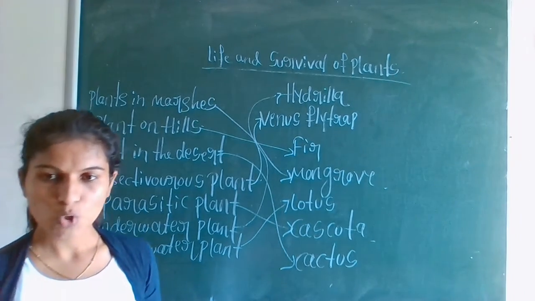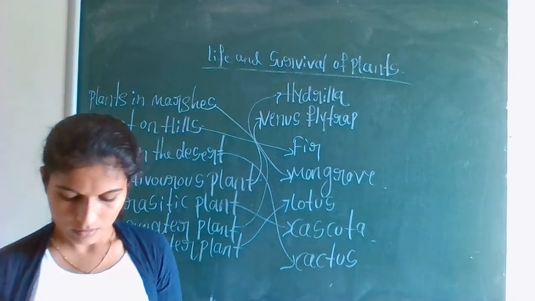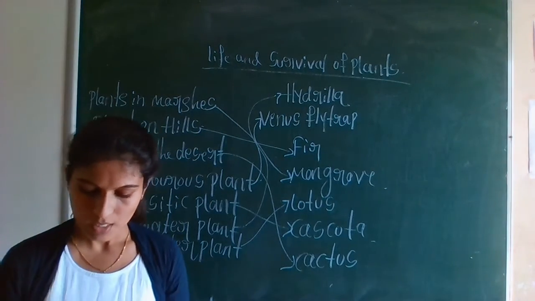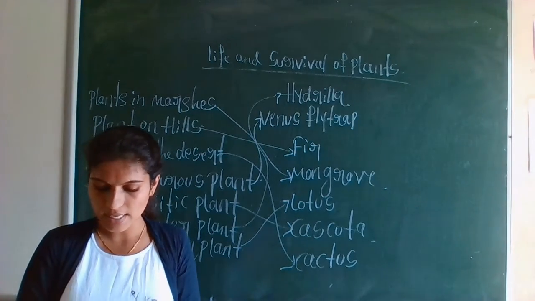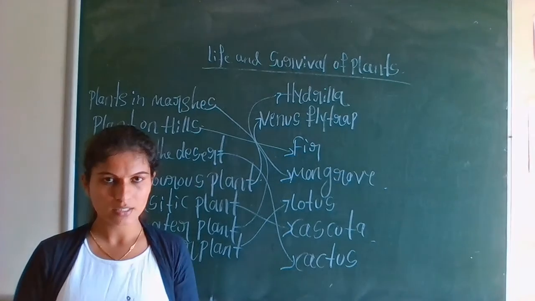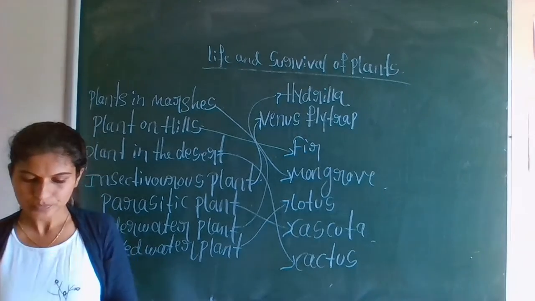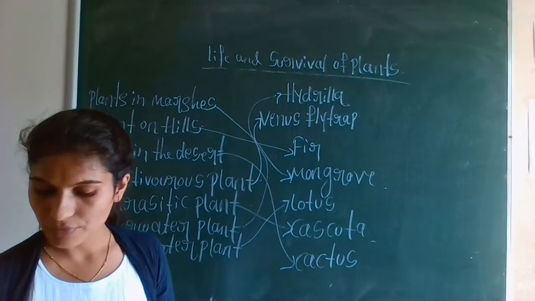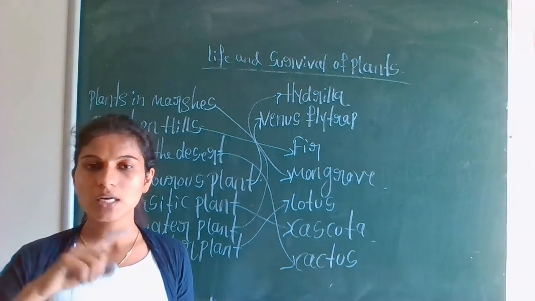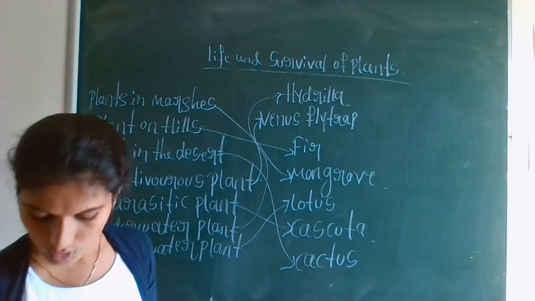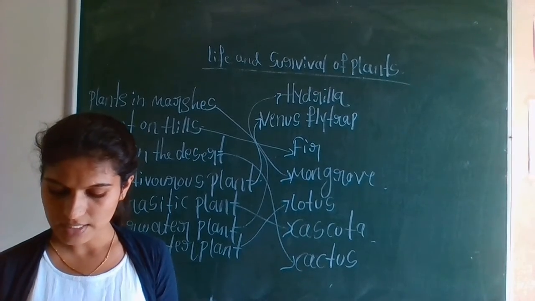So these are the match the following. Some short answer type questions are there, like how does a cactus survive in the desert? Totally 5 questions are there, and after that long answer type questions are there. Long type means you have to give the answers in paragraphs. So these 5 and these 3, total 8 questions are there. I will discuss this in the next class.